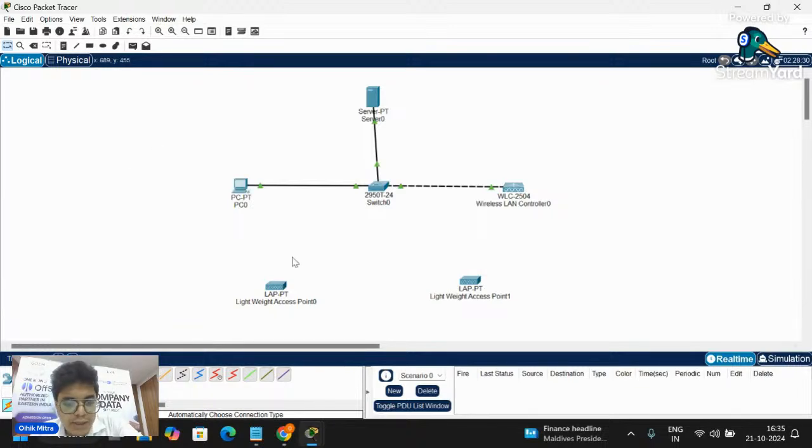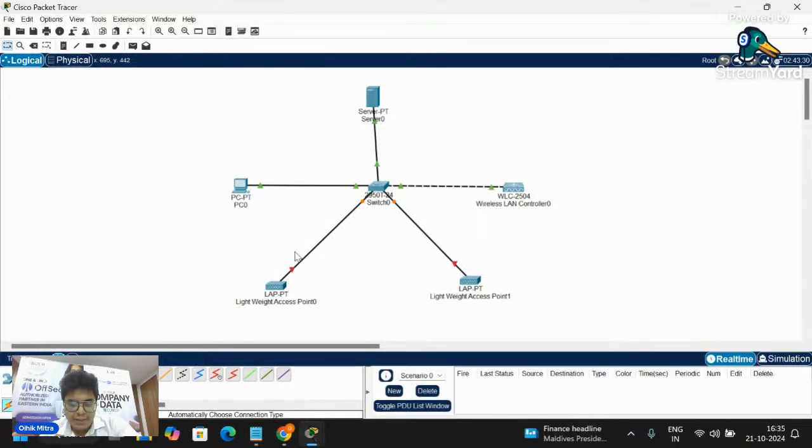Now we will connect the access point with the switch. So let's connect. Now, as you can see, this is red. Red means in Packet Tracer that it has not been turned on.